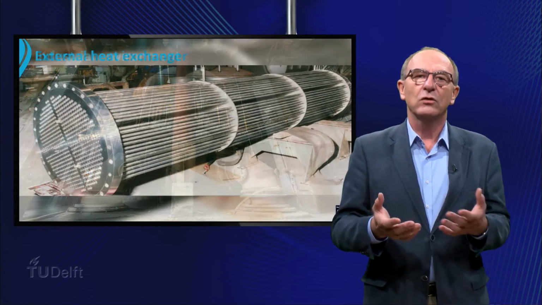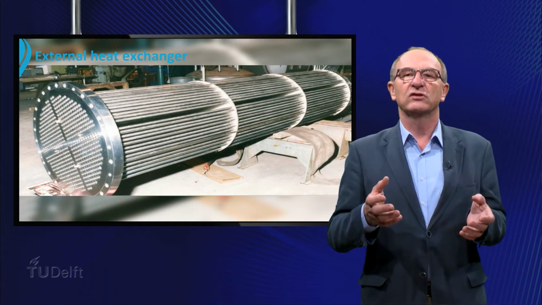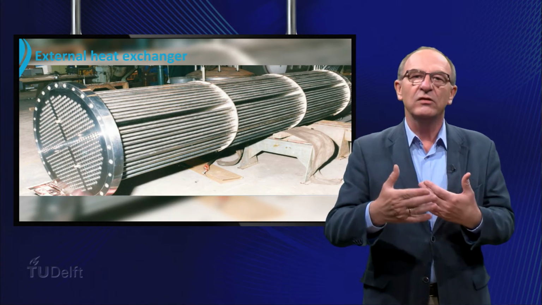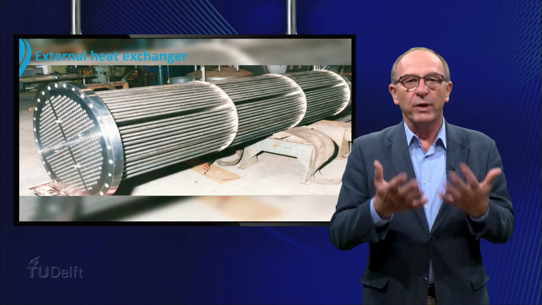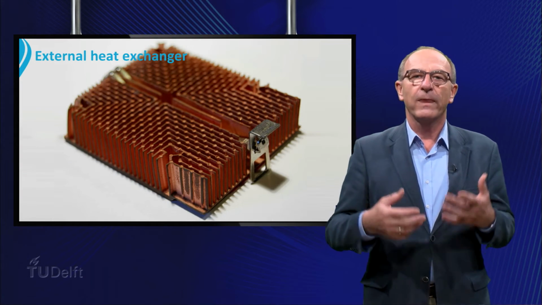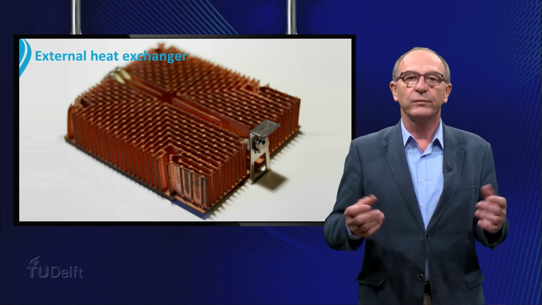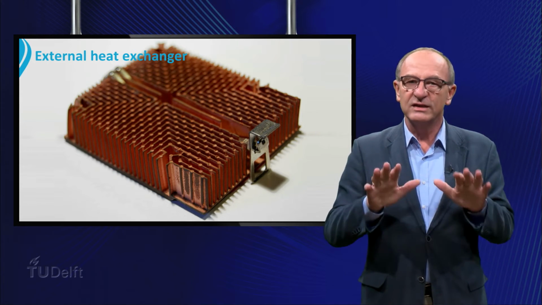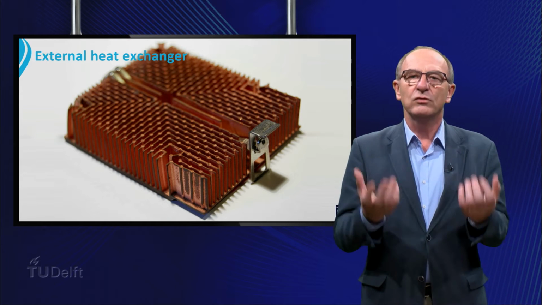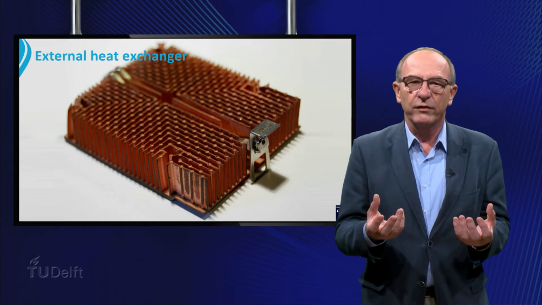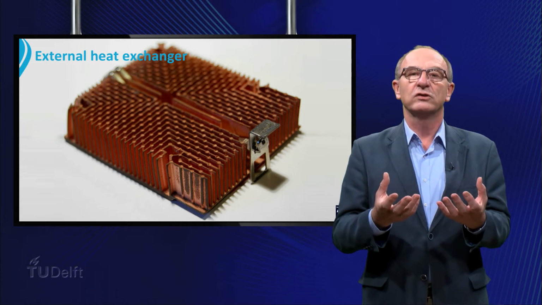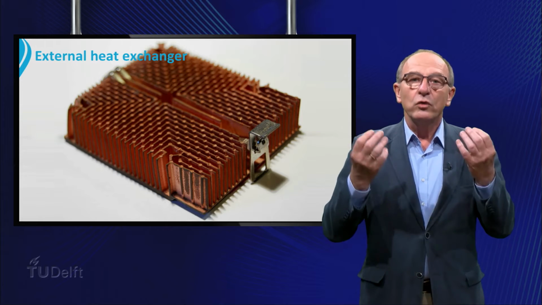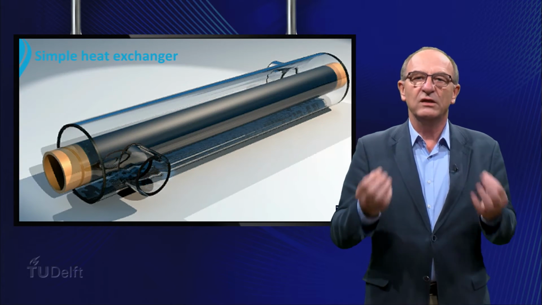Another way to heat or cool fluids is an external heat exchanger, which contains a large surface area to exchange heat, and this can be tubes, plates or more fin-like structures. You can also see them in many houses. With the knowledge you learned in the previous week, we will design a simple heat exchanger. It gives you a feeling which parameters are relevant, but also that basic knowledge of transport phenomena can be used in practice. Consider the sketch of this basic heat exchanger.